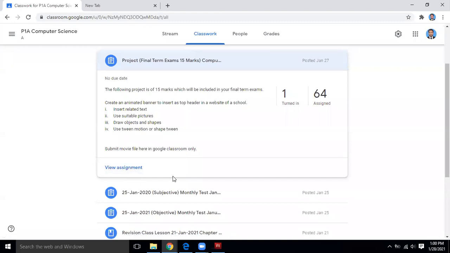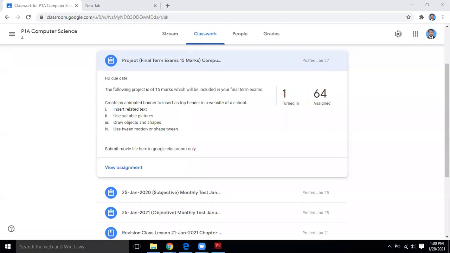Pictures of the buildings of any schools, any school logo, you can include and you can work. Sir, when will you show the monthly test answer sheet? Inshallah, in the coming week, these will be uploaded on your university portal, and you will be able to see them there. Sir, can you give one more example of the banner? Yes, inshallah, I will give. Thank you very much. Most of the students are asking the questions. That's why I will try my best right now. I will show you different methods of how to develop banners. Last time I had shared one method, but there are a number of methods.